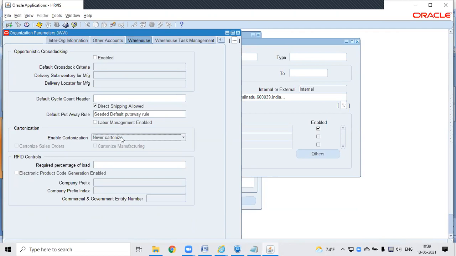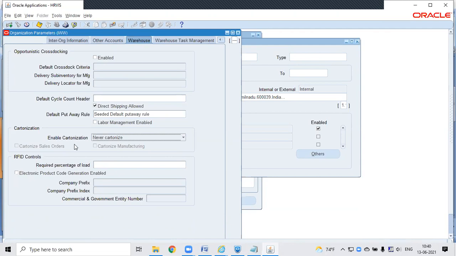In cartonization, basically you need to define multiple cartons and define the item to carton relationship. When we do the pick release, it will automatically create a carton LPN. When you do the picking, it automatically defaults the LPN number for that carton, which is generated during the pick release process. That carton will consider your capacity, how many items are required to be packed in that carton, and all the information is mapped during your conversion from the item to cartons. That will take one more session to go through cartonization.